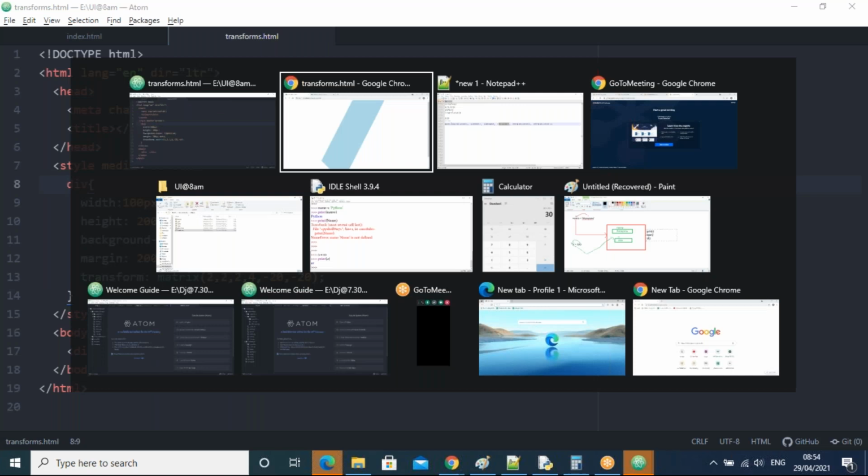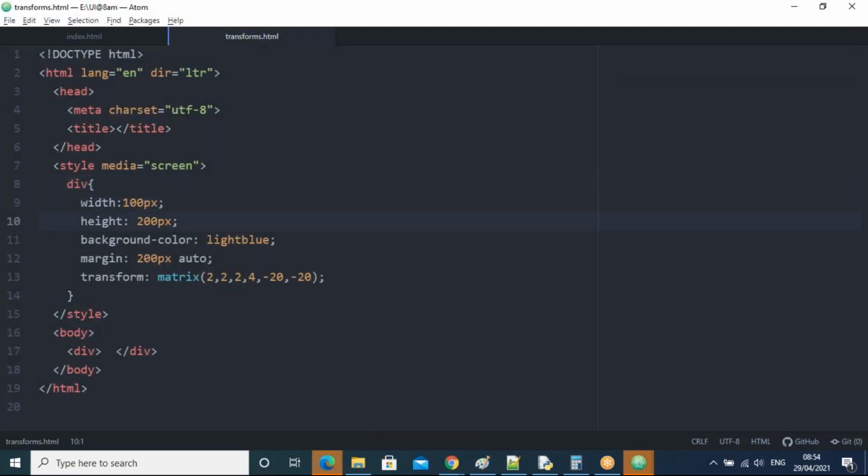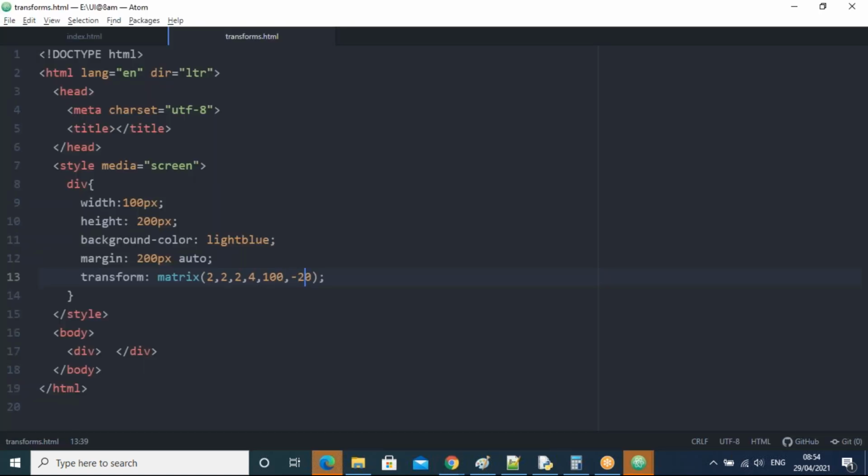This one we save. Okay, and next one, let's go for these minus values, right? I'll take here plus 100, guys. Which one is translate x, right? It moves to the right side. If I take again 100 here, then y means moving down, guys. Yes, see, it's moving down. Okay, but this scroll bar is there, that's why it is unable to understand, guys.